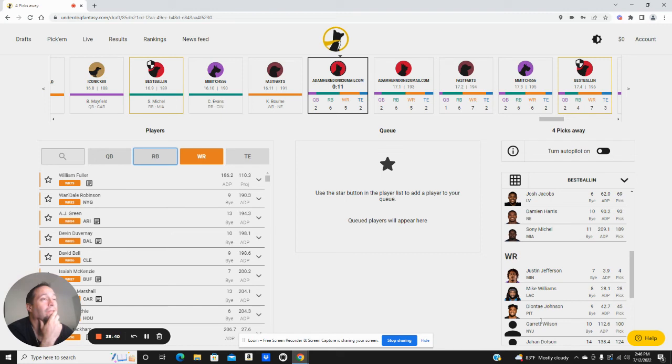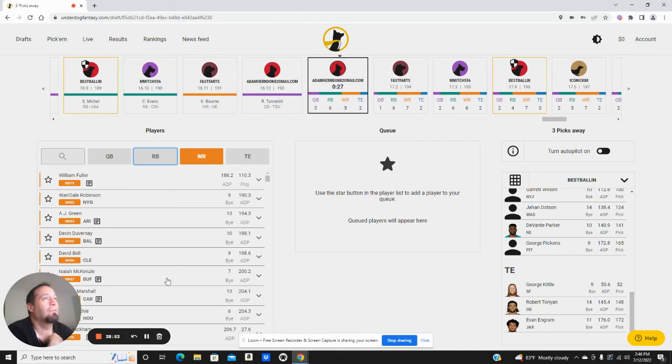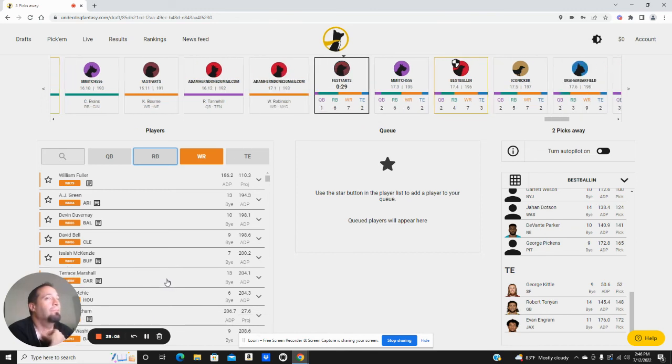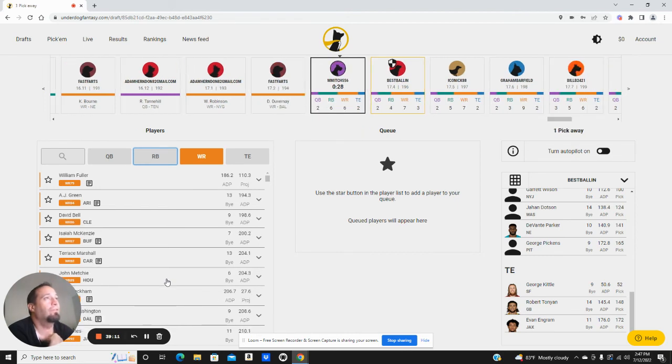We could go with David Bell or John Mechie. Mechie is kind of like a comeback for Evan Ingram, so there's some correlation there. We've got Bell, who correlates with Dotson. So probably take one of Wandell, Bell, or Mechie. Mechie is my most owned wide receiver at the moment, so I would maybe lean to go with one of the guys that isn't Mechie.